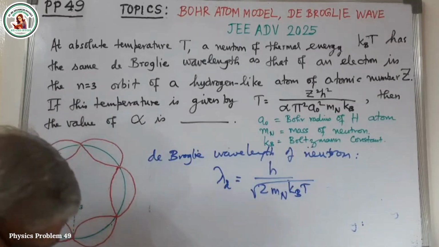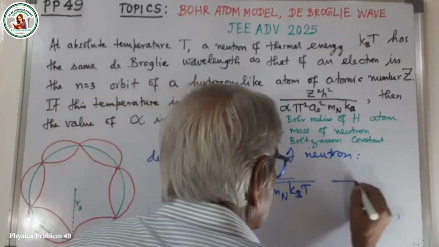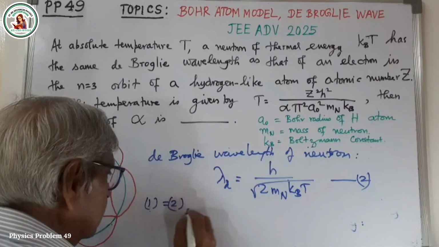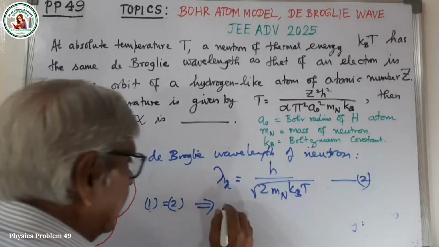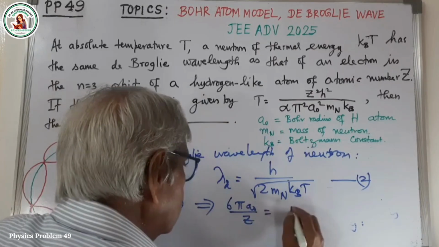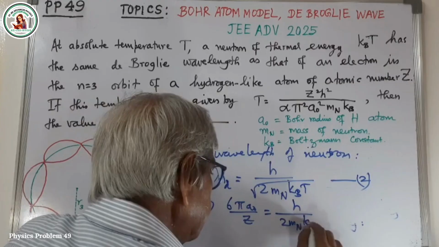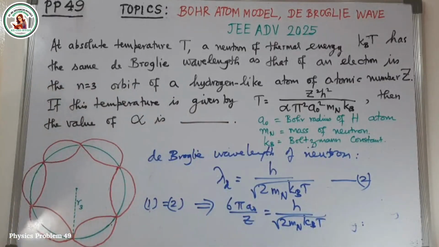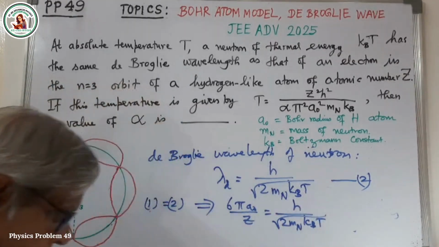Equation 1 equals equation 2 implies 6 pi a0 by Z equal to h by square root of 2 mn kBT. Now if you solve for T, squaring this,